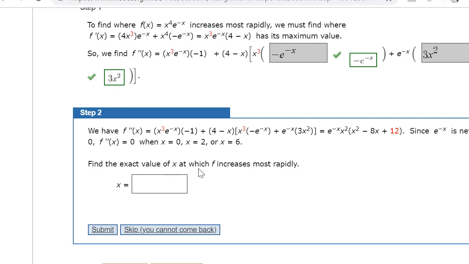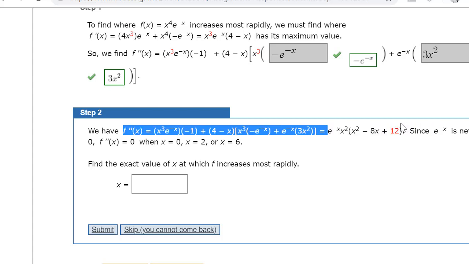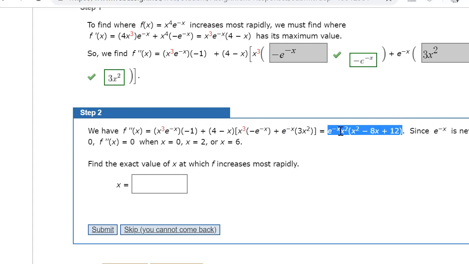Find the value of x at which f increases most rapidly. So increases most rapidly, that means our second derivative is going faster and faster, it's increasing. So we want to know when this is positive, when it turns from positive to negative. And at x squared, it looks like it's just going to be bouncing off at 0. So when we put values,